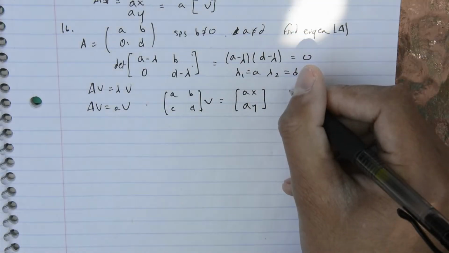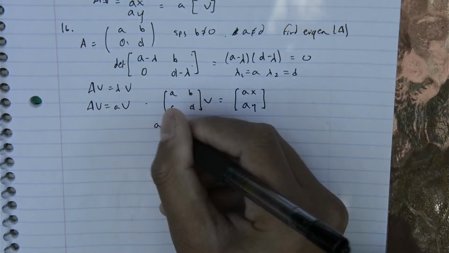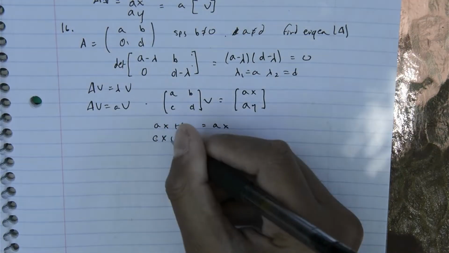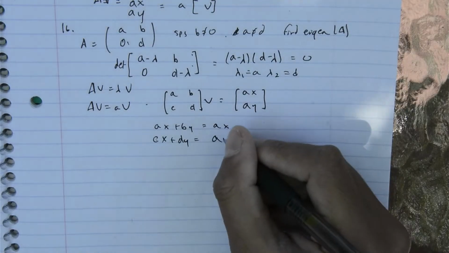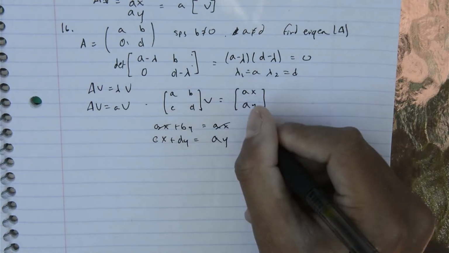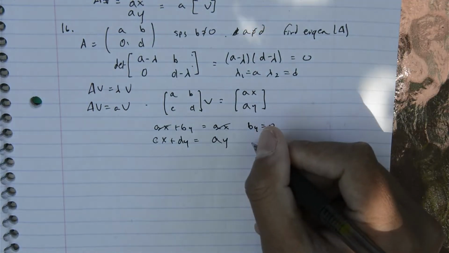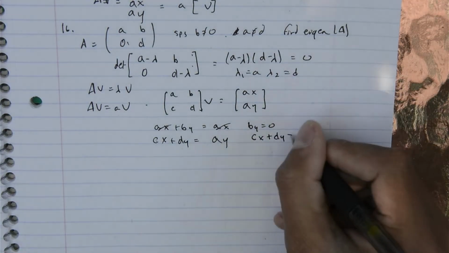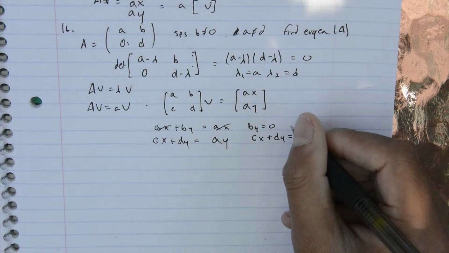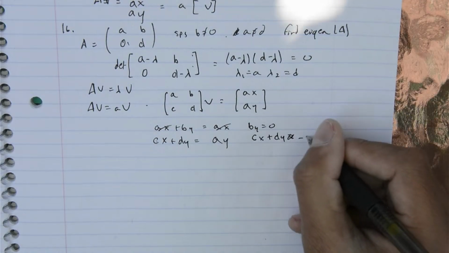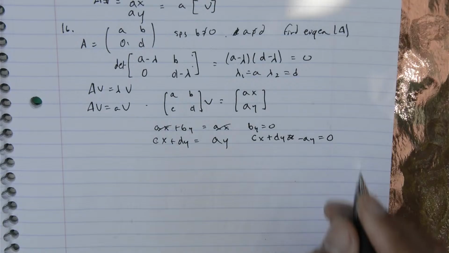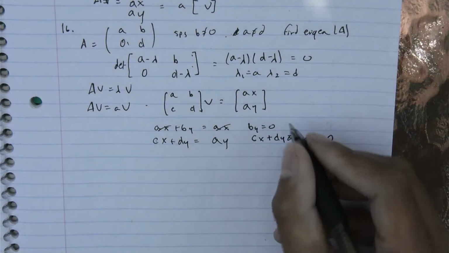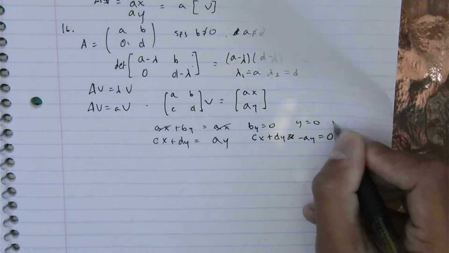So then we're going to get AX plus BY is equal to AX. CX plus DY is equal to AY. So then this cancels out and we get BY is equal to 0. And CX plus DY is equal to, or minus AY is equal to 0. So I think Y has to be 0, right? So Y is equal to 0, X is,